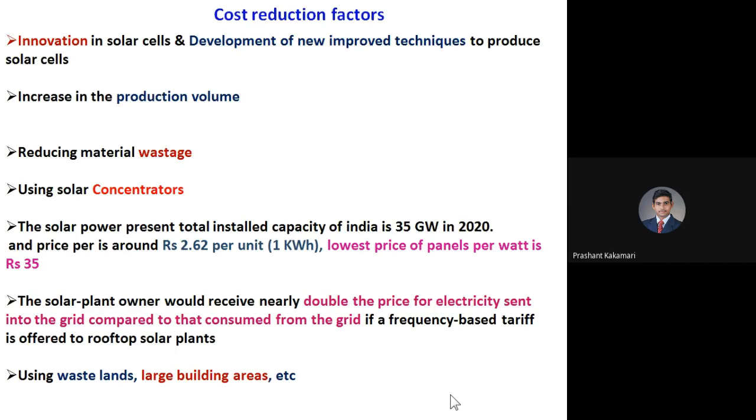So for this, nowadays thin film technology, or you can also see the different wafer formation technologies are coming up in mass production. So this mass production will help us to reduce the cost. So that's the second point I have written as increase the production volume. That is the mass production of these PV systems or the PV cells. So by this method, we can generate the PV systems or the PV cells at very low